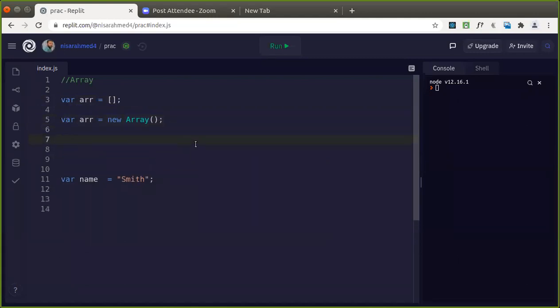We want to create an array and initialize it. So what do you mean by initialization? Creating and assigning the values at the place of declaration only, isn't it? How do we do that? It is this way. So we want to initialize a set of elements. Array elements are separated by commas. So I want to give 10, comma 20, comma 30. These are the elements that we have, isn't it? Now you could have any number of elements in this array.